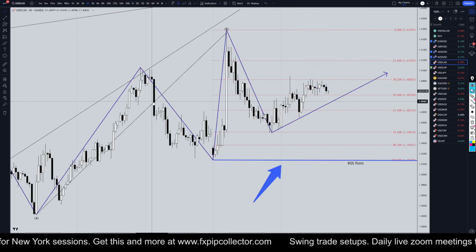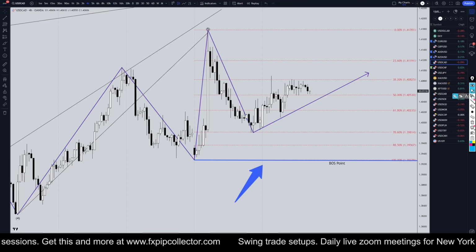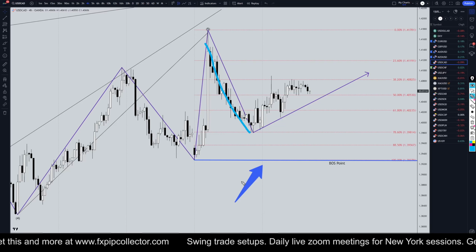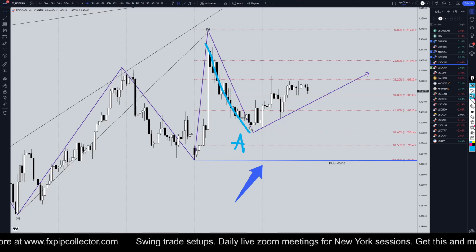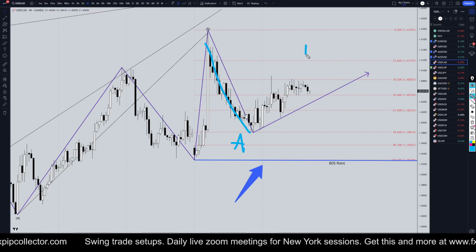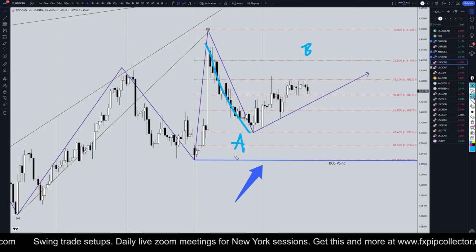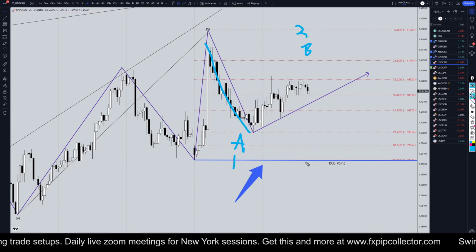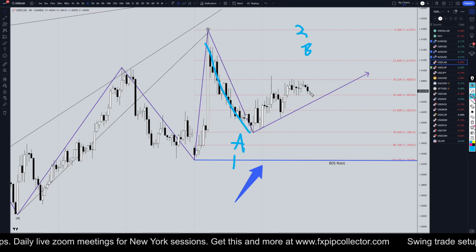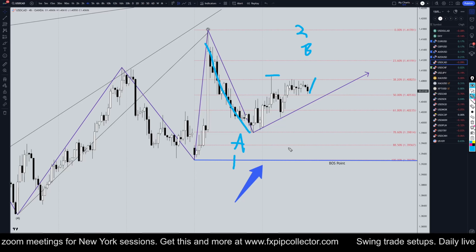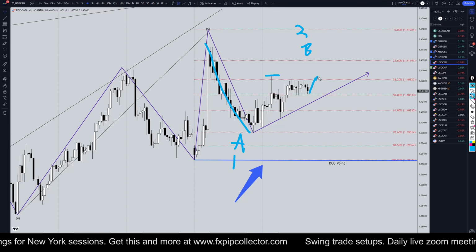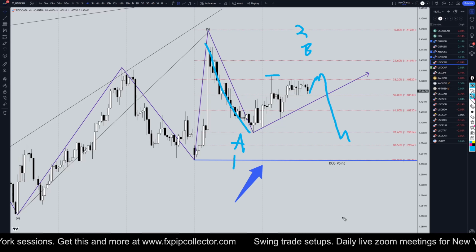So going down to the 4 hour time frame. On the 4 hour time frame, to me it definitely looks like impulsive down, possible wave A. We are definitely still drifting upwards. I think this is likely a wave B, or maybe this is a wave 1 and this is a wave 2. We do have a Fibonacci bounce, but I think it needs to go up again and at least grab these highs and maybe even go up to a higher fib level